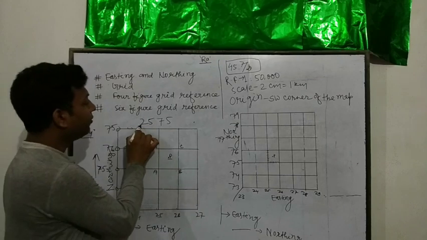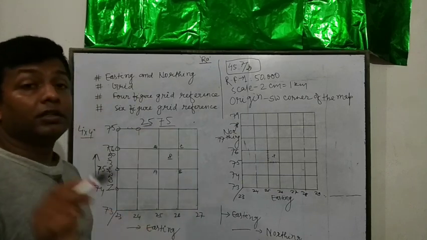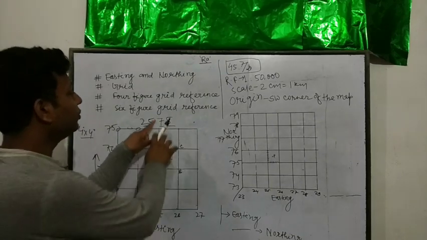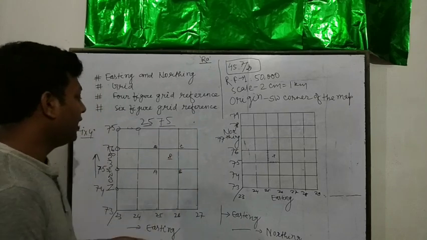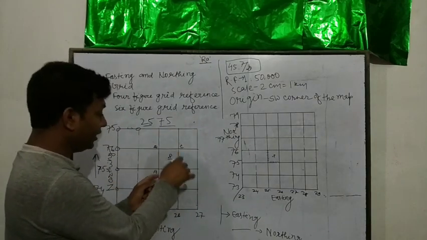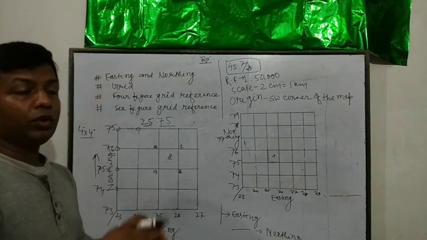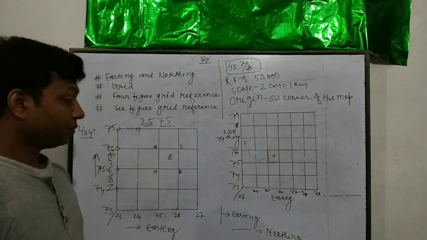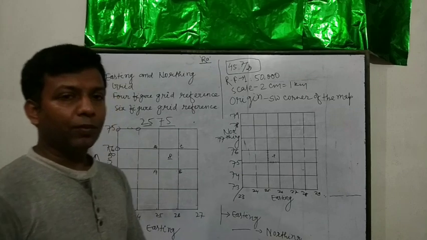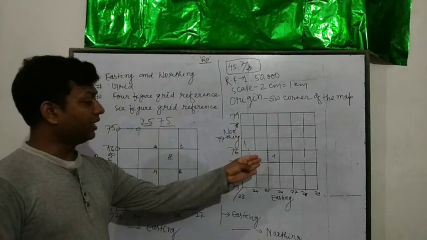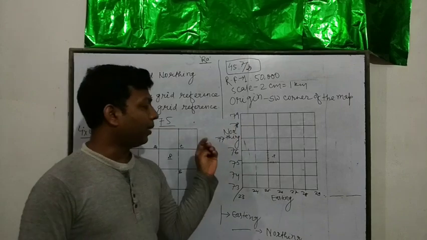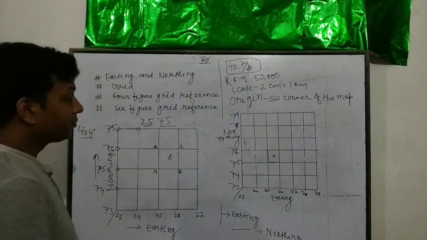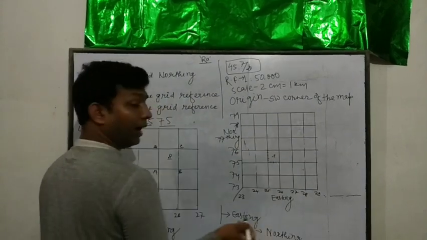That means you can find the easting and northing of this location. And when you find a place within this area, you can also set it up like that in northing and easting. So the 6-figure grid reference is for that purpose. If you have to find the 6-figure grid reference in this area, how can we find it?